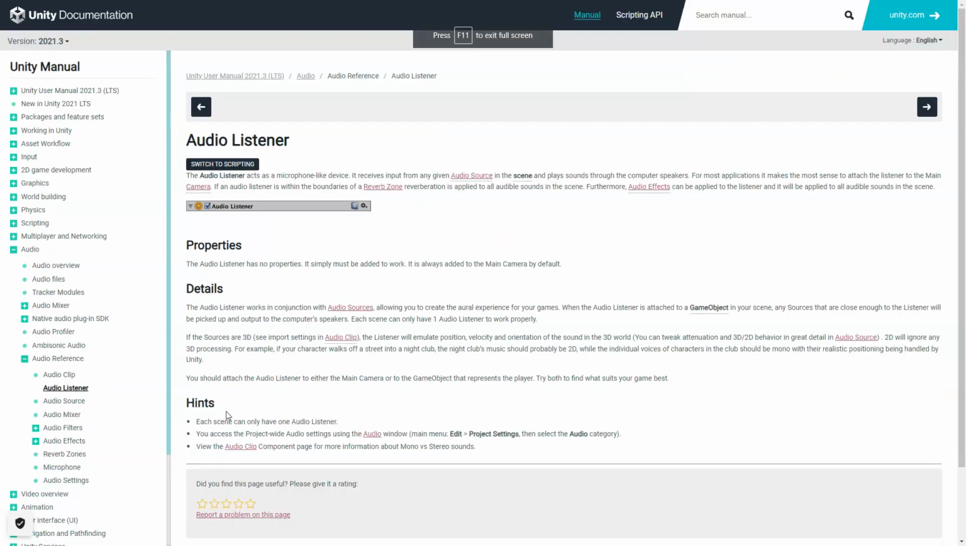You can see here it gives you some hints about it, the details and properties for that. And this is for the manual. This gives us information about the components or specific things in Unity, but there's also the scripting API. This is going to be the tools for coding, how you might want to code something, say for the audio listener